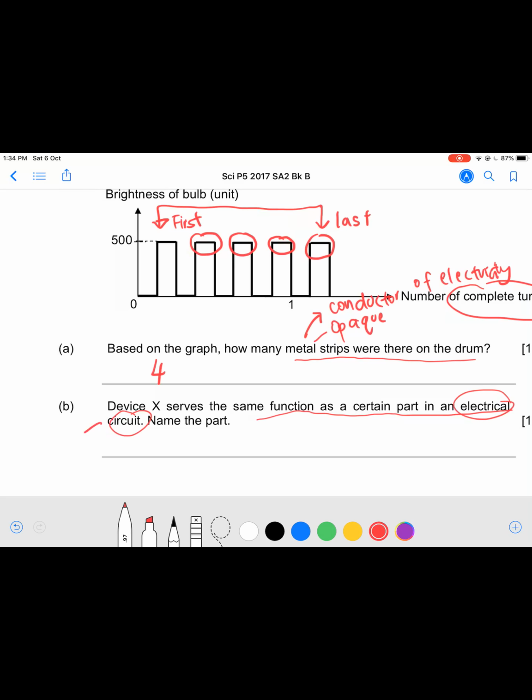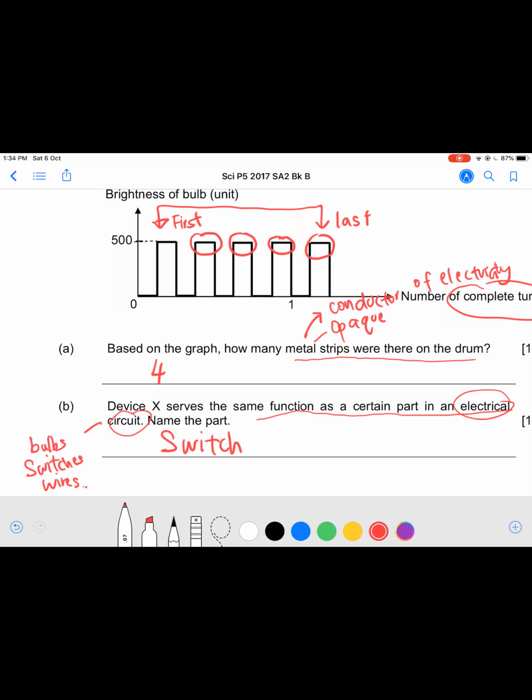Okay, now you have learned so many parts. You have learned about bulbs, you have learned that there's this thing called switches, wires, and so on. Alright, so the part that functions exactly like the device is what we call a switch,